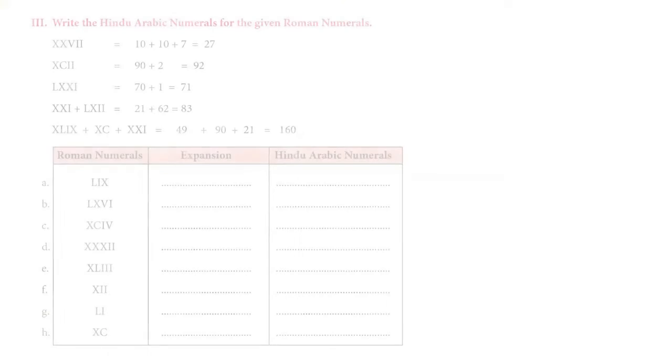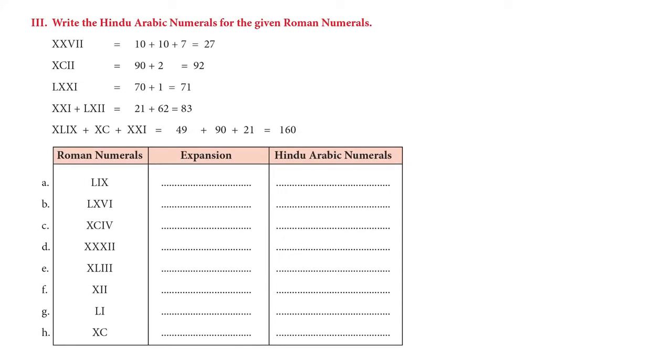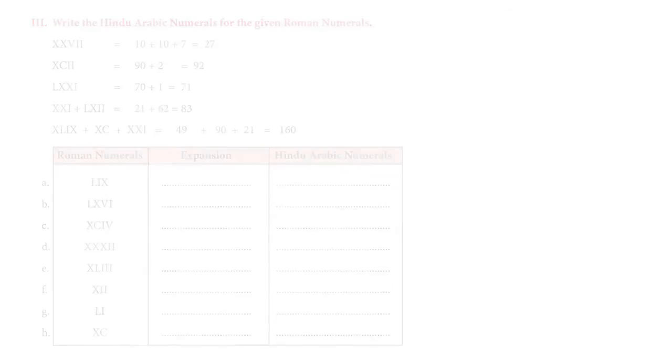Alright, let us move on to the next table. You can find Roman numerals are given, we have to expand, and you have to write the Arabic numerals. So, let us see how to do it. So, the first example given is,